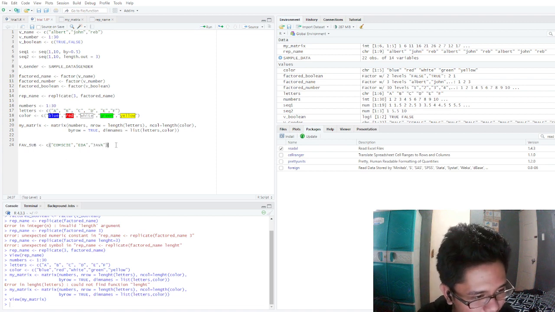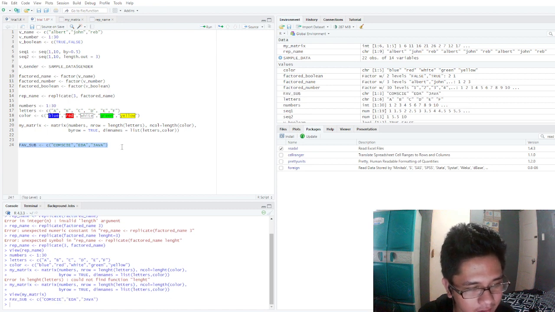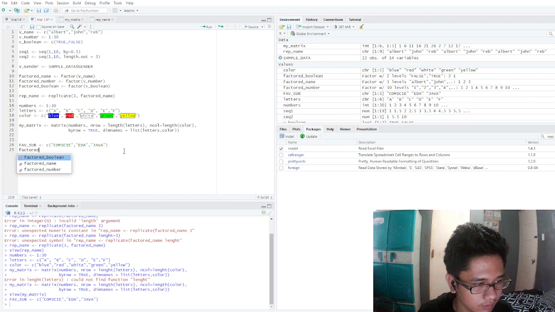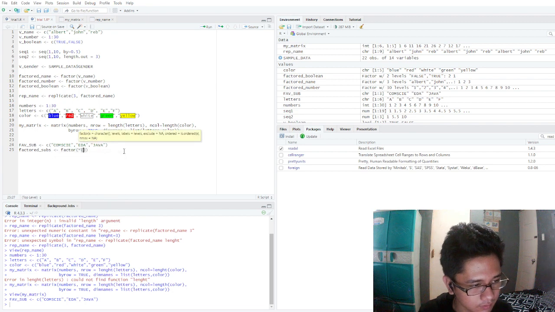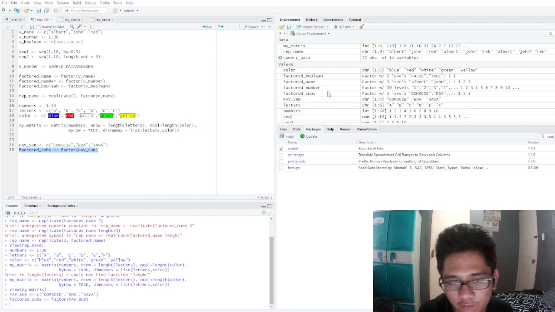Here we have my top 3 favorite subjects this semester. We run this, then we have to factor it, so factor subs, next up we have the factor.